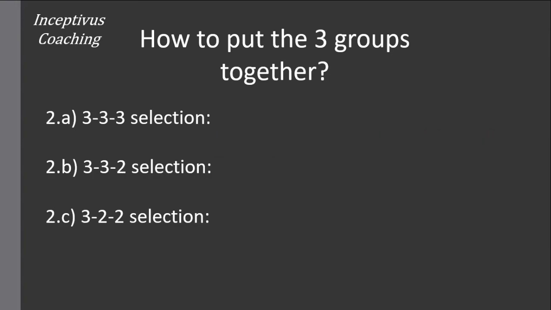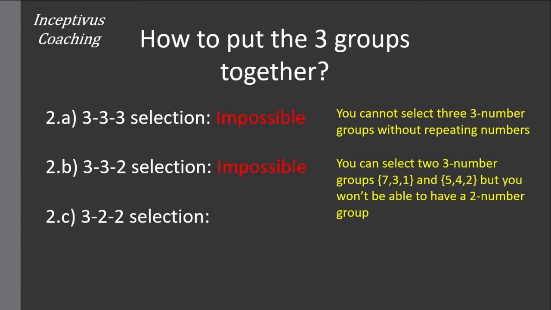What if I let the size 3 be the size of the largest group in the selection? That means I can pick three 3-number groups, or I can pick two 3-number groups and a 2-number group, or I can pick one 3-number group followed by two 2-number groups. You'll see that the 3, 3, 3 selection is actually impossible because you cannot form three 3-number groups without repeating numbers. The 3, 3, 2 selection is also impossible because you can actually form two 3-number groups without repeating,